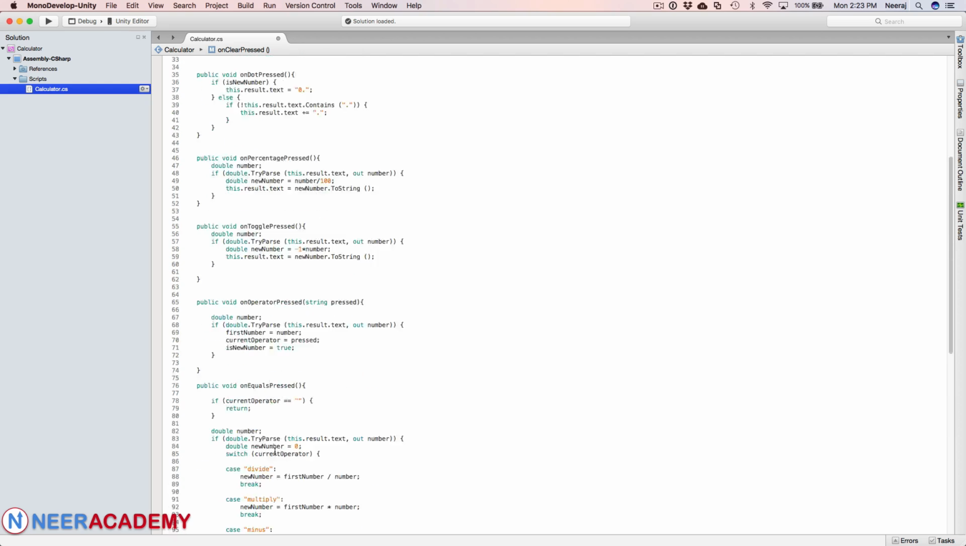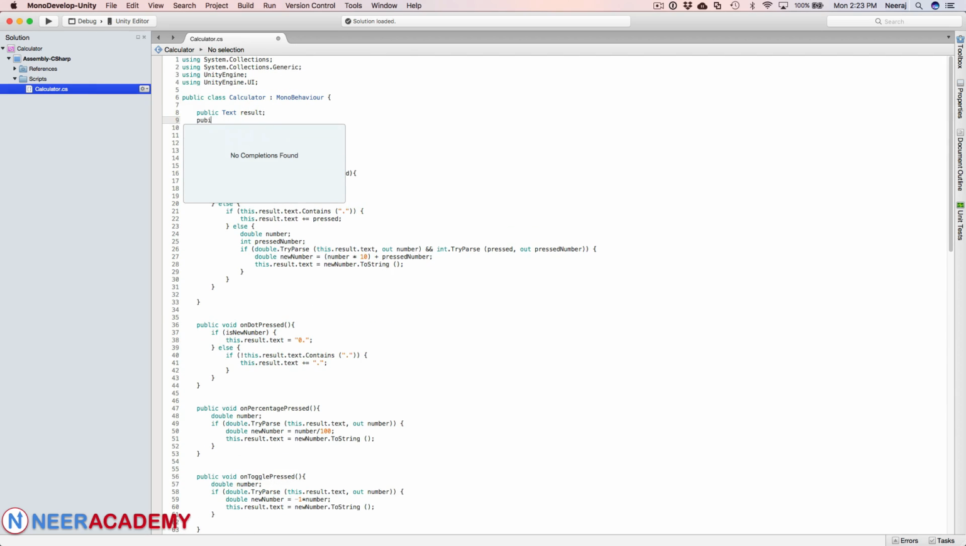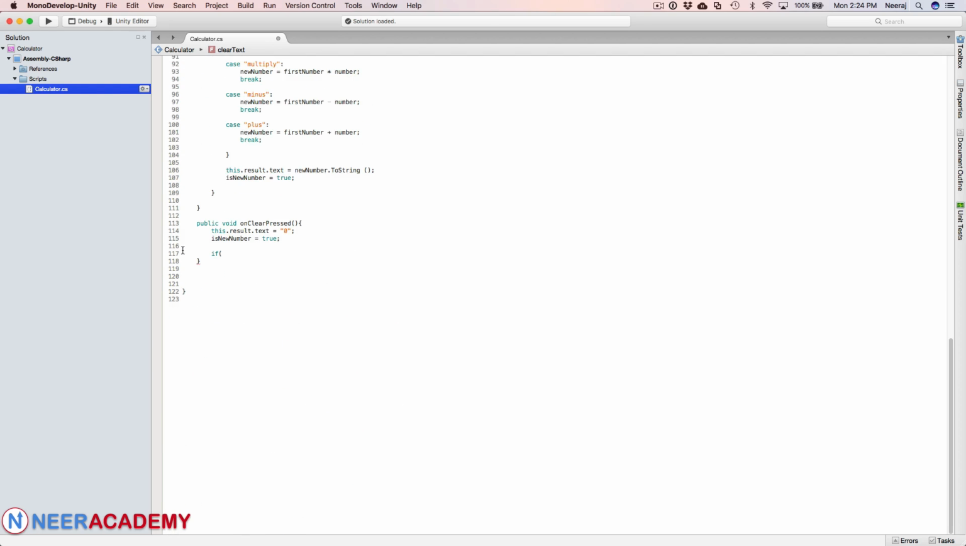And here we need one more thing. We need a reference to the clear text button's title, so we'll name it as clear text. The reason is, when